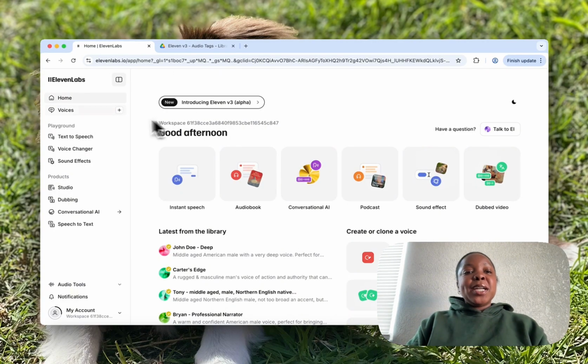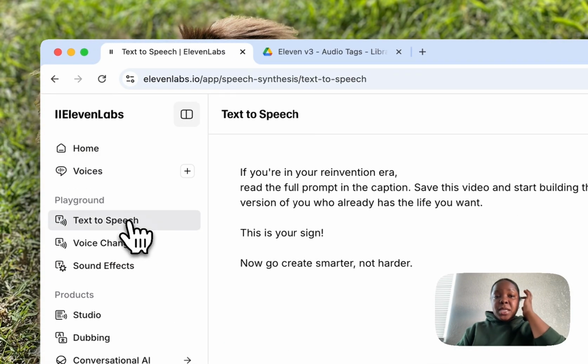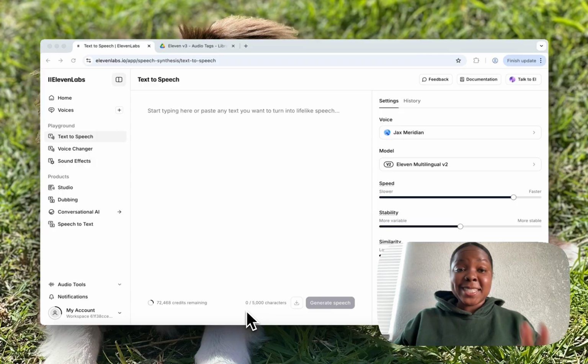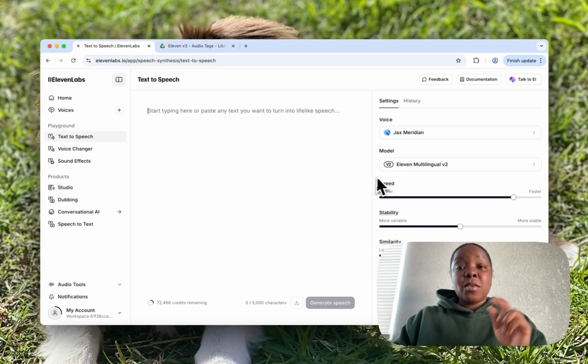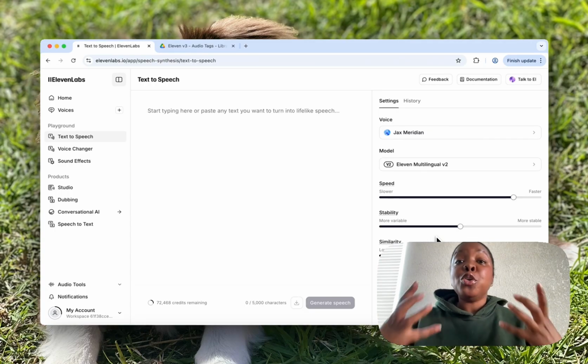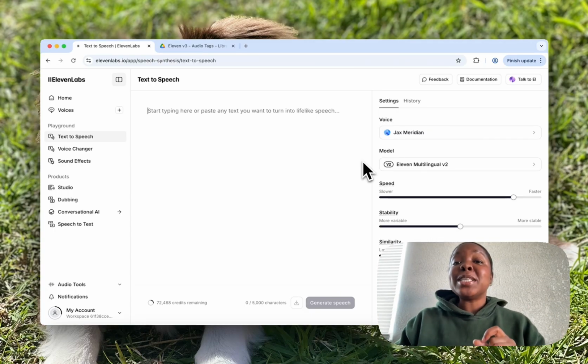Now we're going to go directly to text to speech. That's just in case you don't have this here at the top. You should though, but we're going to click text to speech. So if you never used ElevenLabs, this is what it looks like. This is where you type the dialogue. That's what turns the text to speech. On this right side are the settings for the voice. So you choose the voice and then you use these sliding scales to make it how you want it to sound. There's a whole voice library where you can choose from thousands of voices to use,